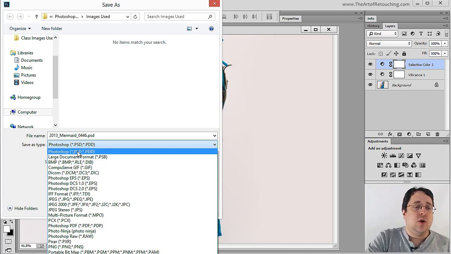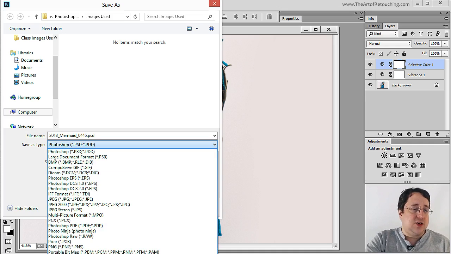You can save it as a Photoshop PSD file, which is Photoshop document, or you can save it as one that's currently hanging off my screen here, which is a TIF, which is a TIFF format. It doesn't matter which one you actually use, both of them will save all of the different functionality within Photoshop inside of the single file, so that when you open it up again, you will see everything as you currently do, with all your layers and colors and palettes and everything just the way that you left it. So again, that's PSD or TIFF. It's completely up to you.